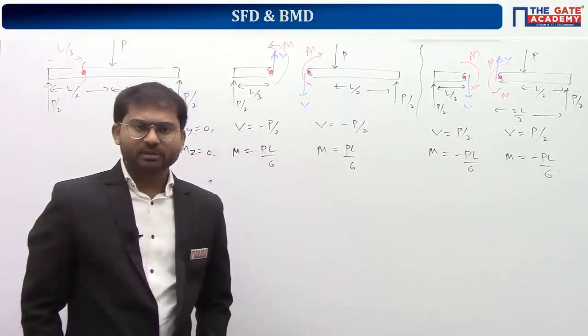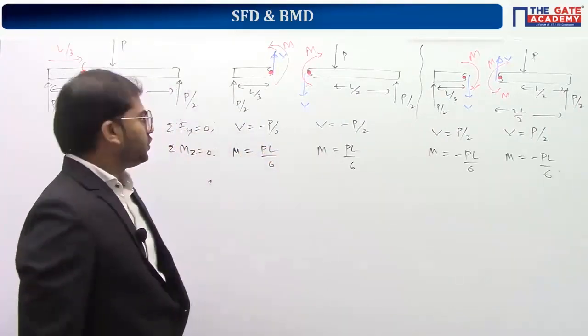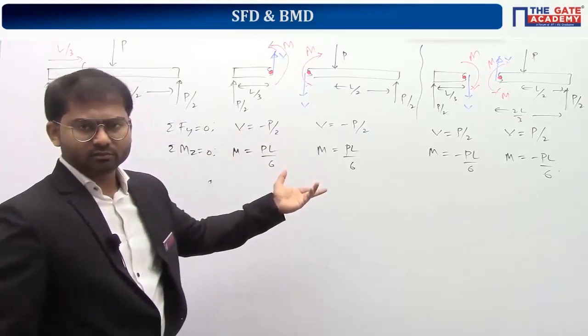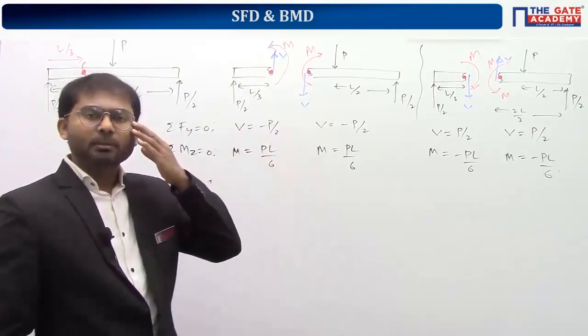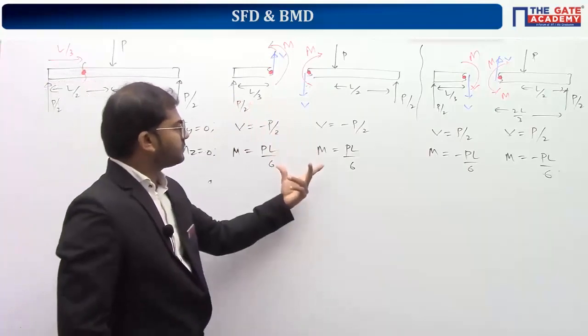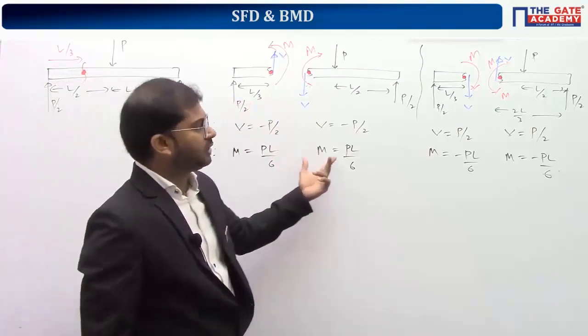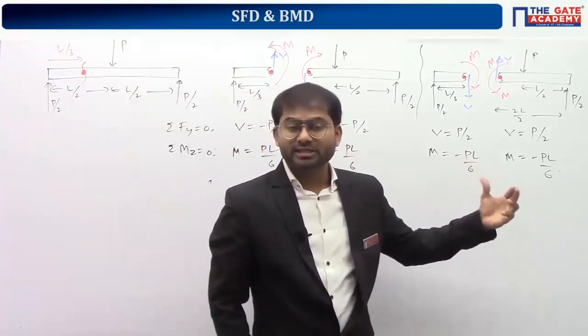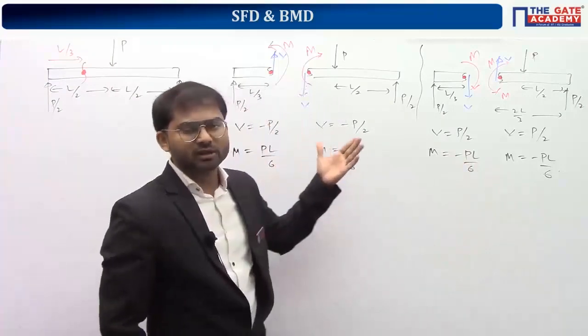Okay. So a similar problem will come again here. Whether you take the left side or the right side, you'll get the same value in terms of magnitude and also sign. But when you are taking this case, you are getting a positive value, and here you are getting a negative value. So there is nothing wrong in this approach.